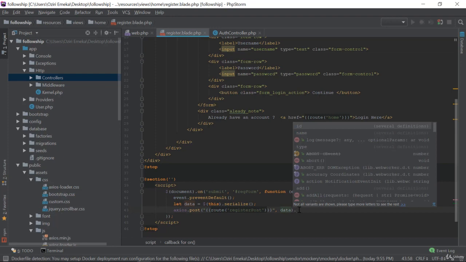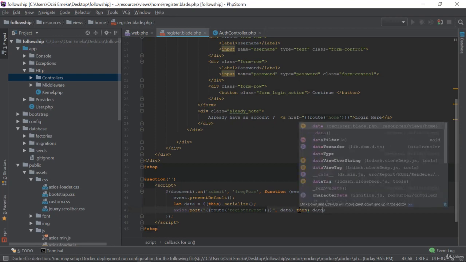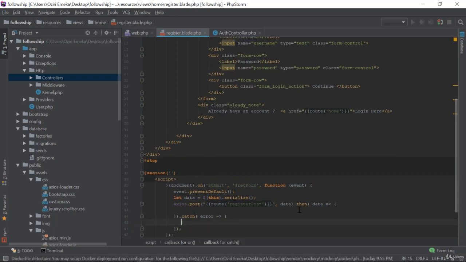Now when this is sending, it does two things. It then returns success, which we are going to accept with the fat arrow function, or it returns an error which we are going to catch with the fat arrow function too, with the error parameter. So let's console.log this to see that we're having it all nice and good. Console.log